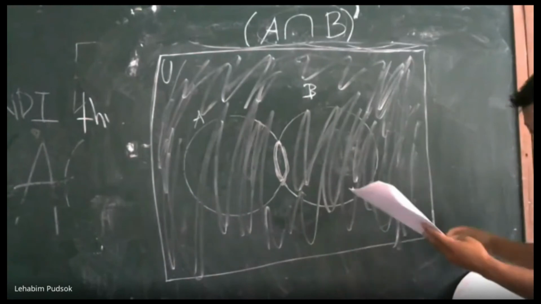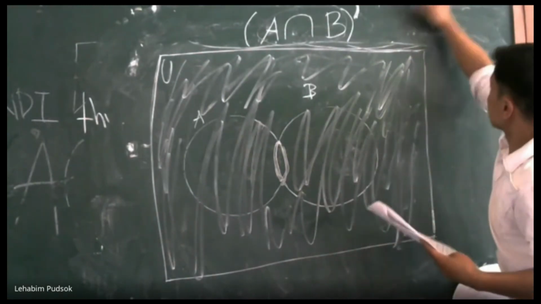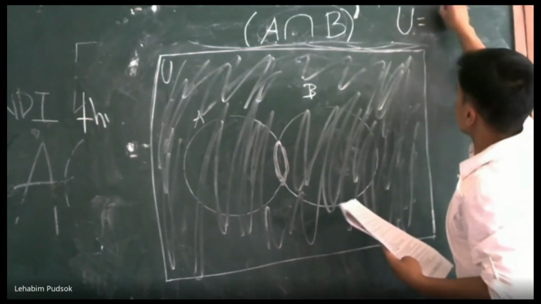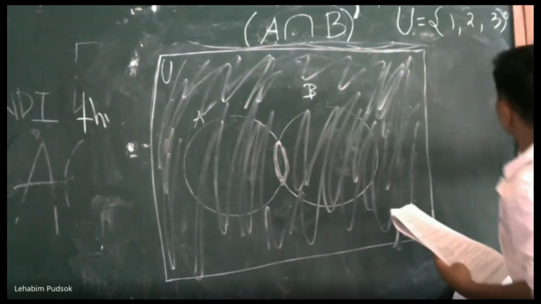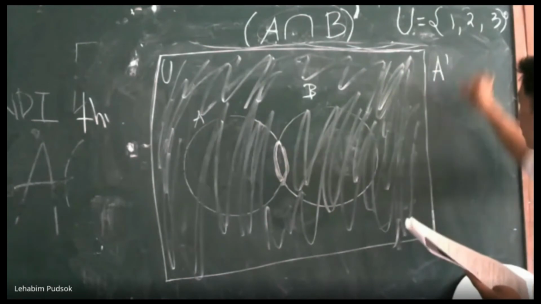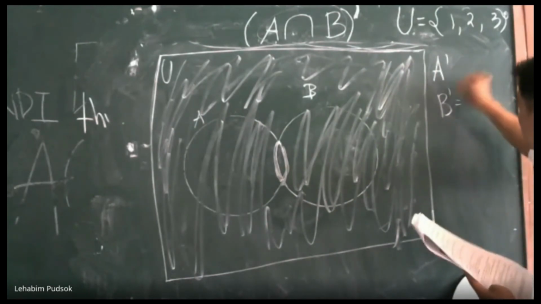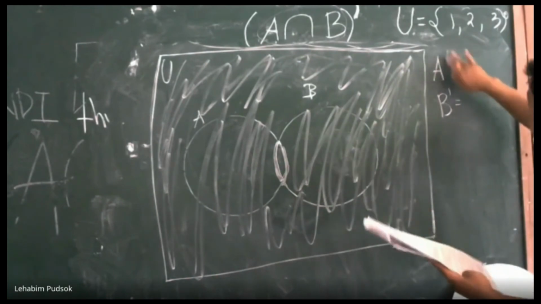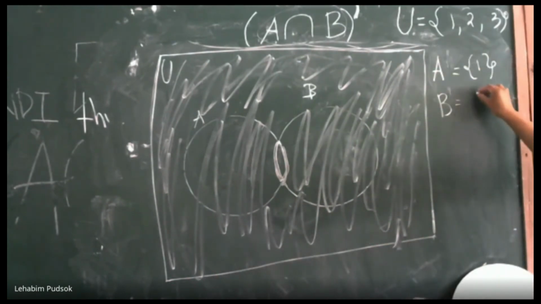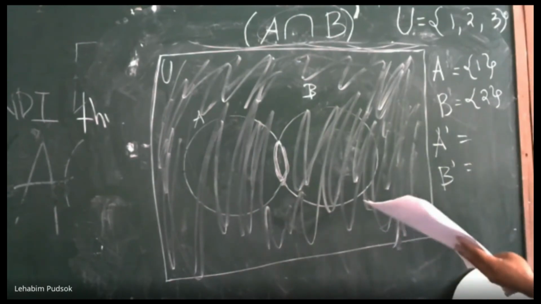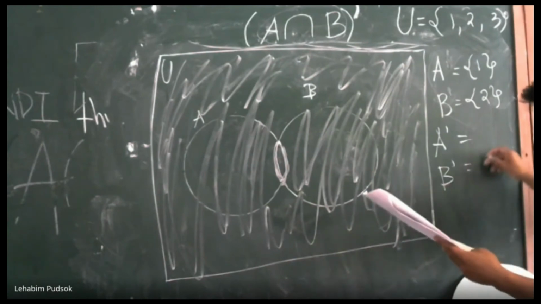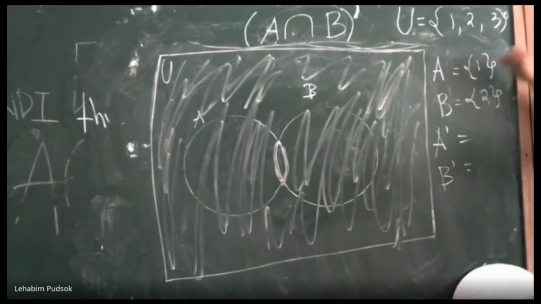Say, for example, we have universal set 1, 2, 3, and then we have A complement and B complement. If A is 1, for example, and B is 2,